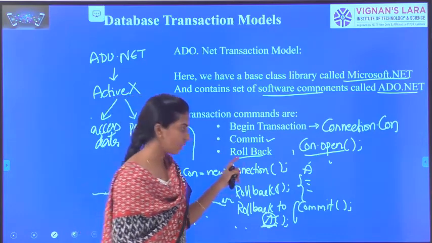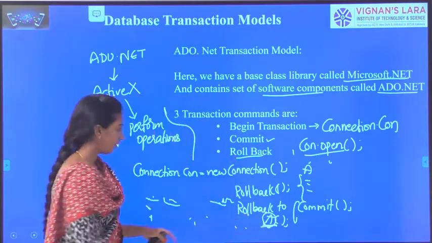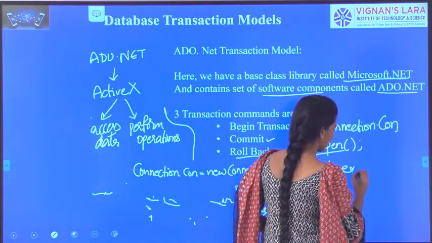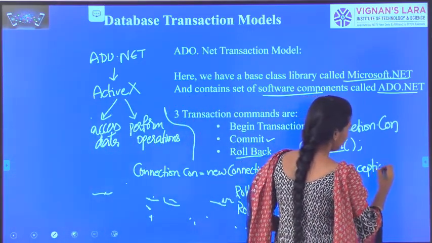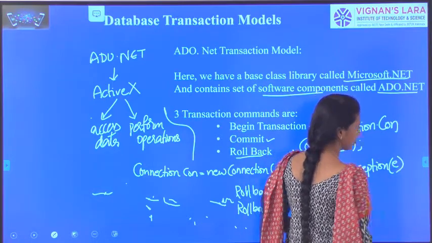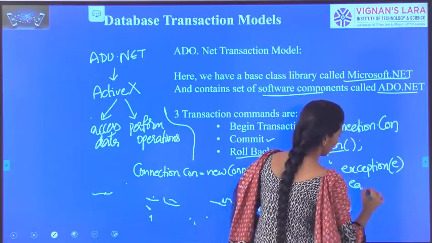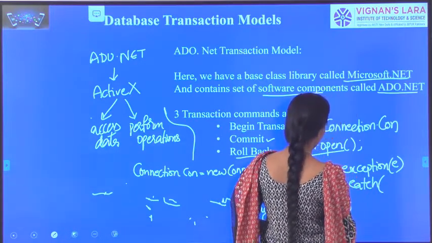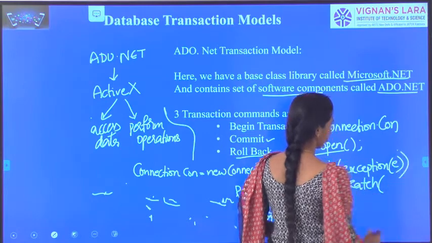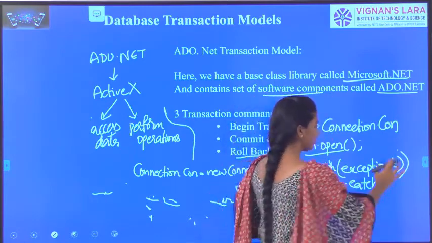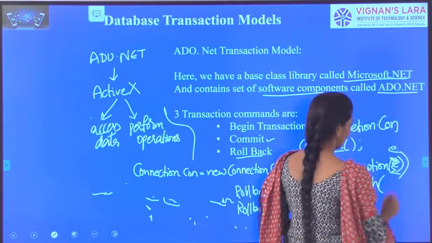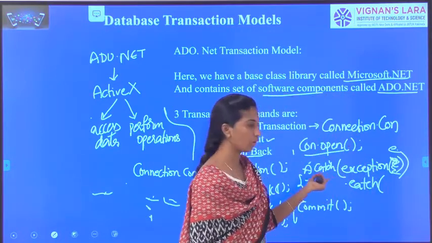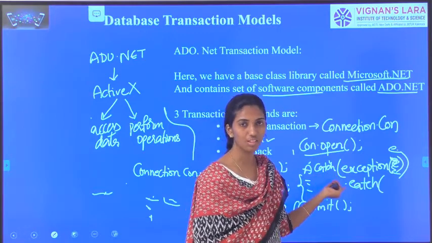With respect to this, if any exception is caught, it is done by using an exception class, which is the super class of all the exceptions. Okay. Catch of exception E. What does exception specify? If any error is thrown, this will be caught by this exception class, where exception is the super class of